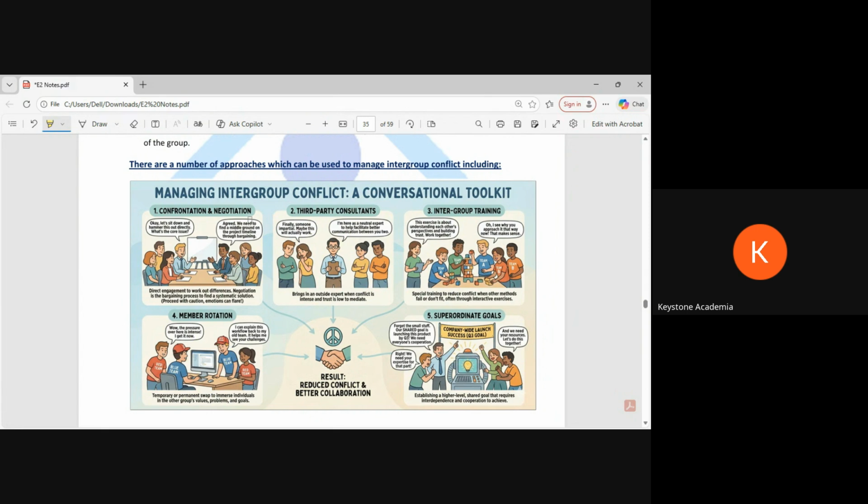Member rotation. This is good for motivation as well. Like we just discussed, many times the team members are thinking they are contributing more than the other person. Maybe all are contributing equally, but most of them will think I am contributing more than the others. So if you do member rotation, they do each other's work. Let's say they are all from the finance department, so they will understand most of the work. If they do other people's work, now they will understand the challenge: what challenge the other person has, why they have a certain way of communicating, why they were pressing for certain resources.